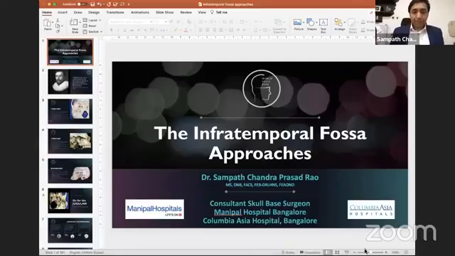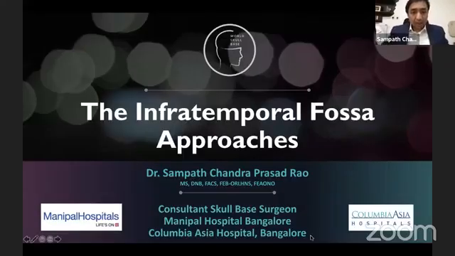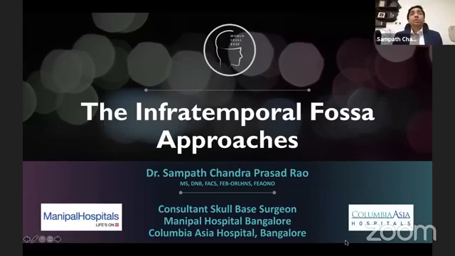And yes, so that's what we're going to discuss today. The infratemporal fossa approaches. Now there are two foci for an ENT skull-base surgeon. There are a lot of neurosurgeons out there as well, wanting to master the skull-base territory. But of the transtemporal approaches, there are two foci. One is the translabyrinthine approach to the cerebellopontine angle, and the other focus is on the infratemporal fossa approach to